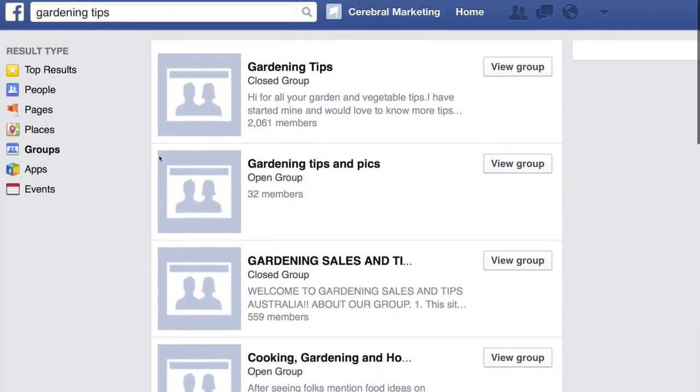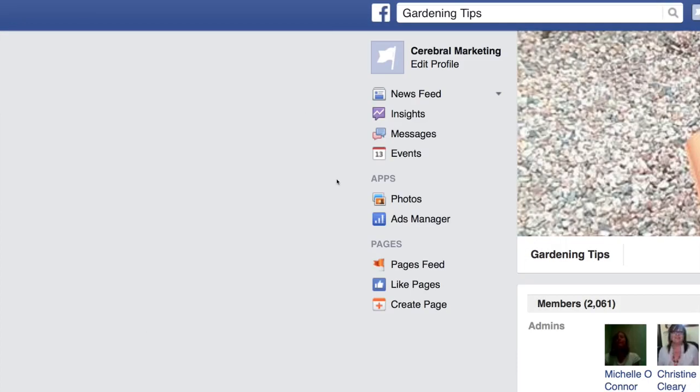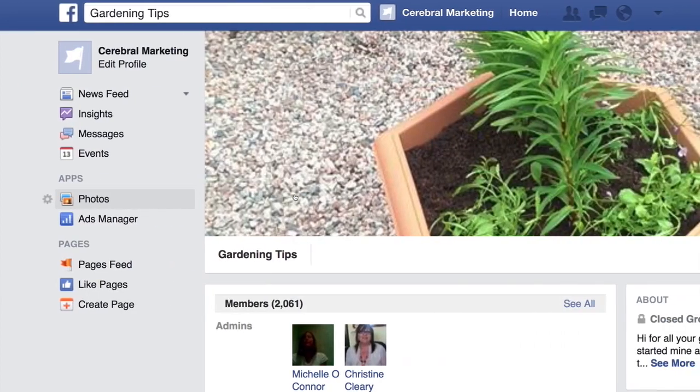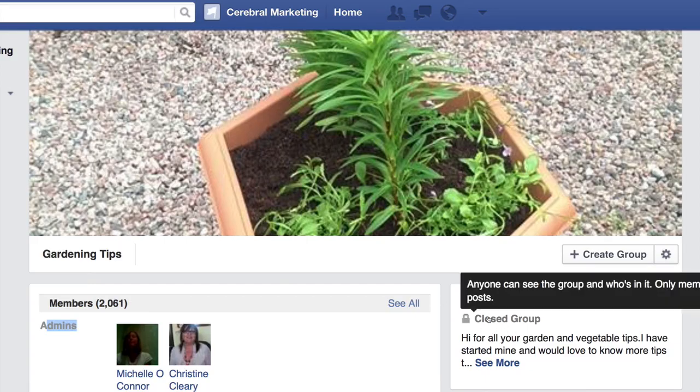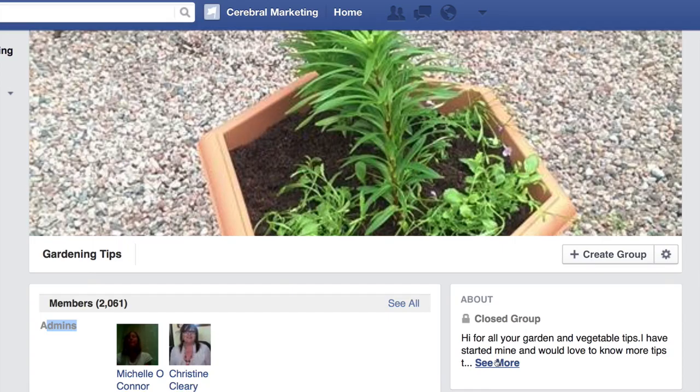Now we're going to go to groups. Groups are slightly different, but they are still valuable as well. You have closed groups and open groups. First, we're going to go to the closed group just to kind of show you what I mean. And this is what a closed group will look like when you first arrive at it. It shows you how many members it has, it shows you the administrators, and it shows you their About section. Now, the About section is going to be there whether it's closed or open, but before you join a group,